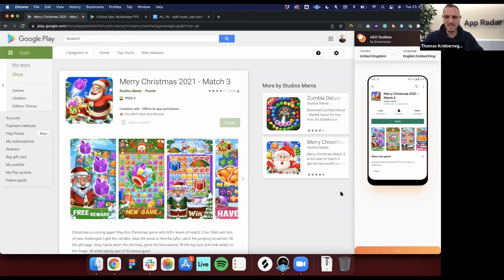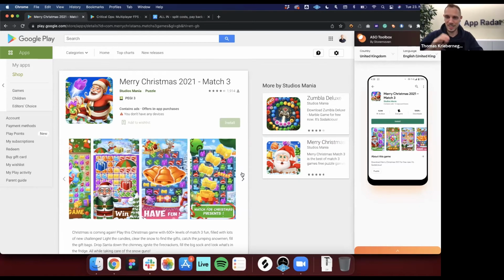Then we see that the whole game is really optimized for Christmas, because as you can see, there are presents in the background. There are different icons and items that you can play with in the game that you need to match, and all of them are very much inspired by Christmas. So this is really, I would say, perfectly hitting the seasonality topic. When we have a closer look, we can see that on the one hand, it is very well optimized for Christmas as a seasonal trend.